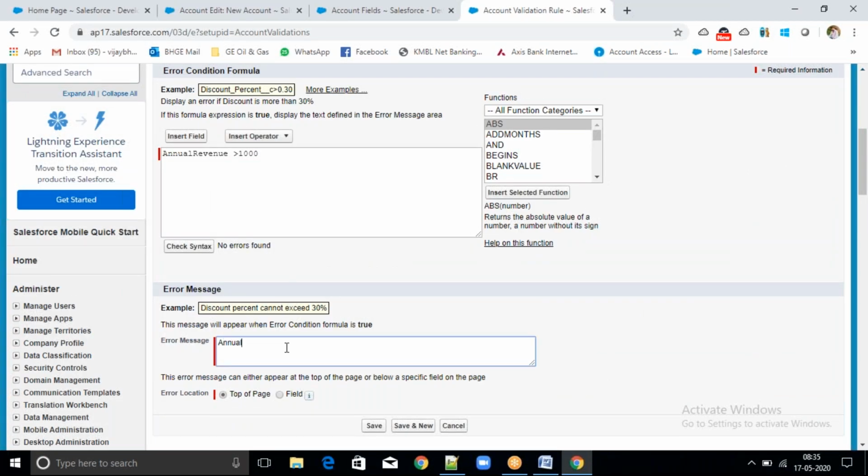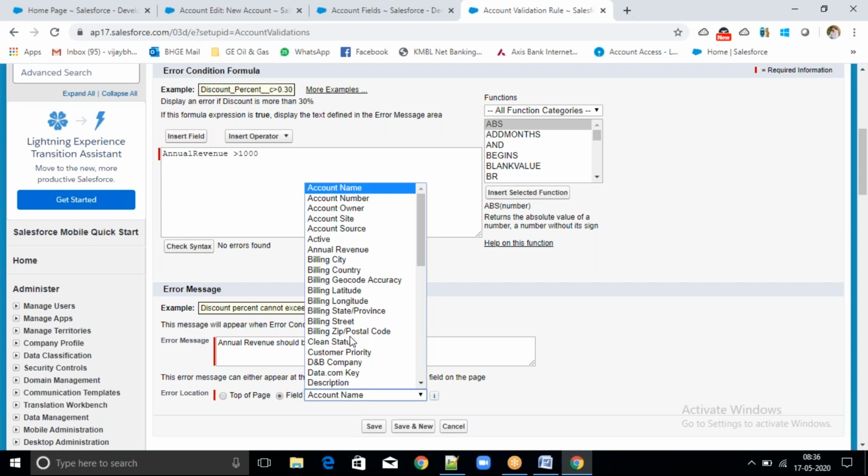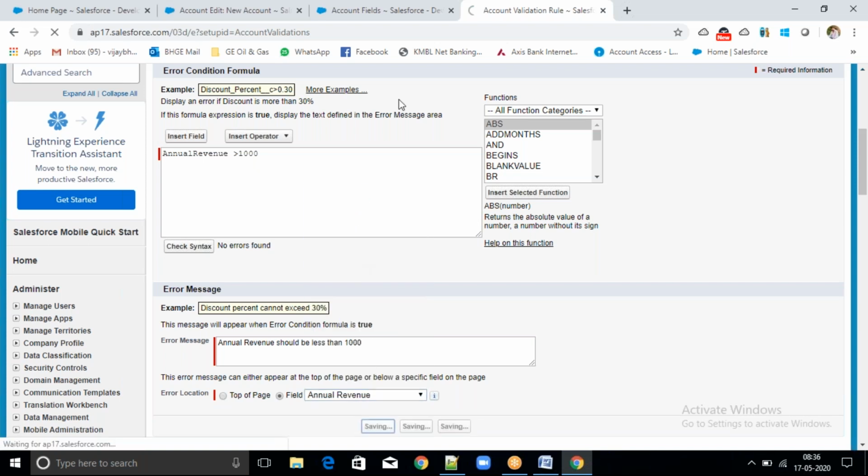So annual revenue should be less than 1000, right? So if it is greater than 1000, I want to throw an error. Now at which field do you want to show it? I want to show it at the annual revenue field. Click on save.